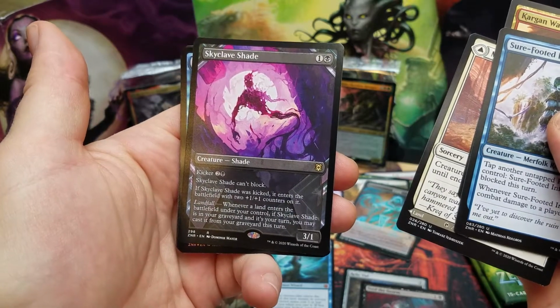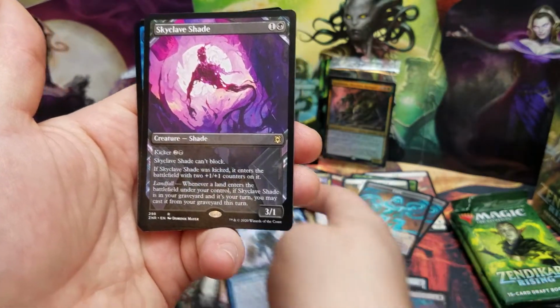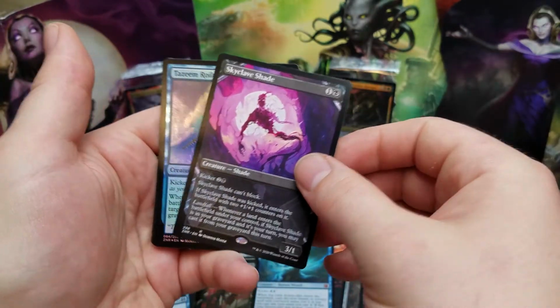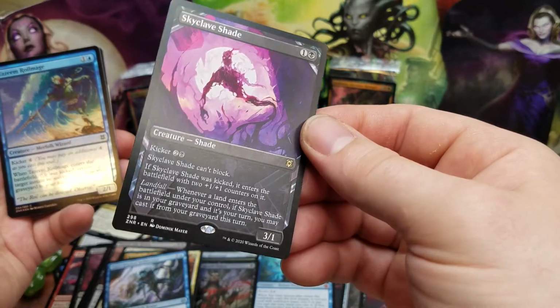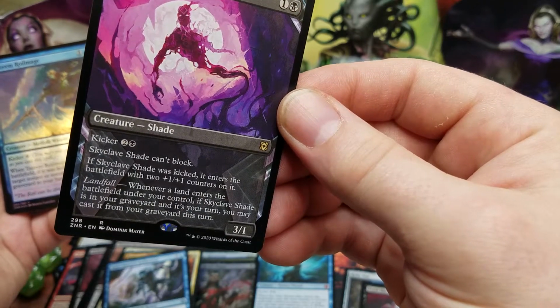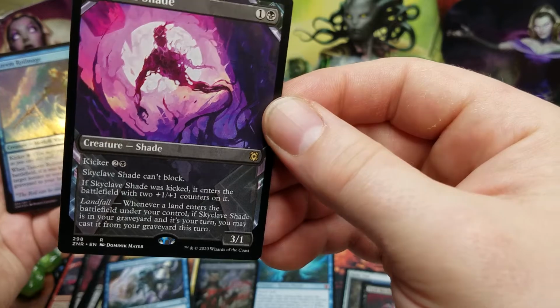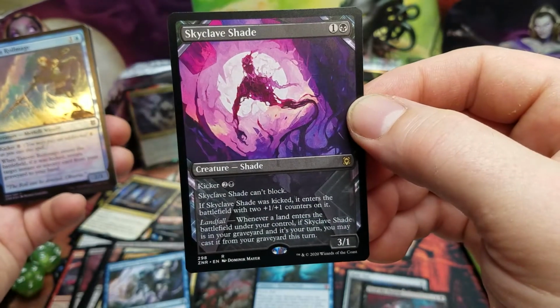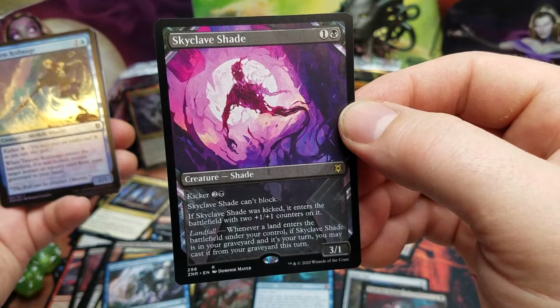Oh, there's that Skyclave Shade I was talking about. Okay, I'm gonna do something weird here where I look at it off camera, so try to be on camera and off camera at the same time. You know, I don't dislike that art as much as I thought I would. It just seems a little basic. I like more detail, but that's actually kind of cool. Definitely not a come visit the Skyclave